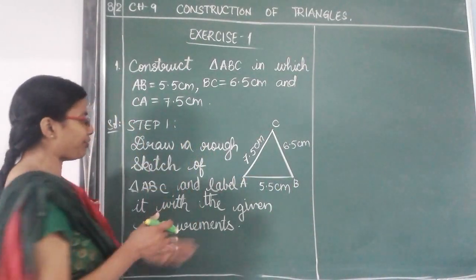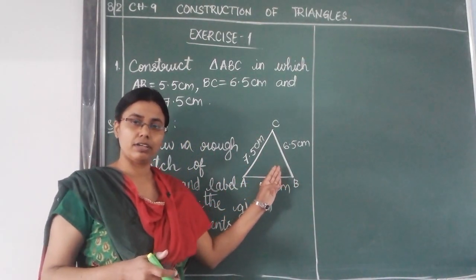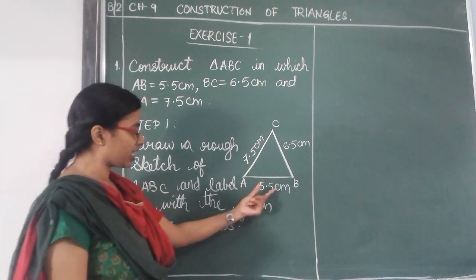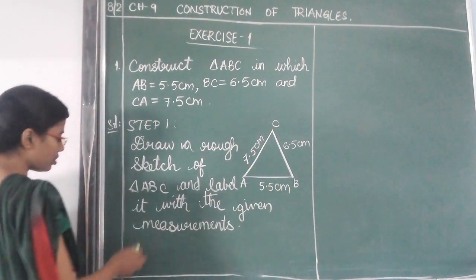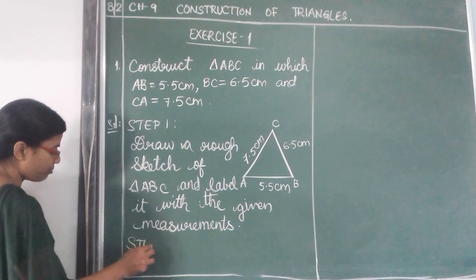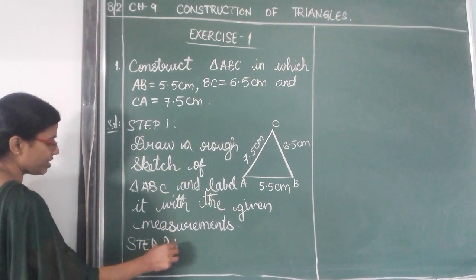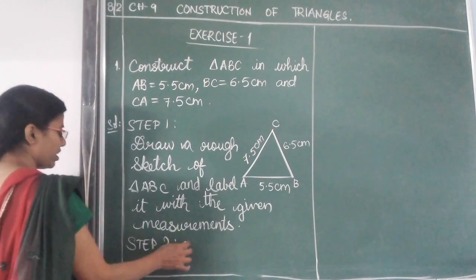Now, first when we were drawing the rough sketch, we have taken the base first. We have drawn the base first. So, step 2, what we are going to do is draw a line segment